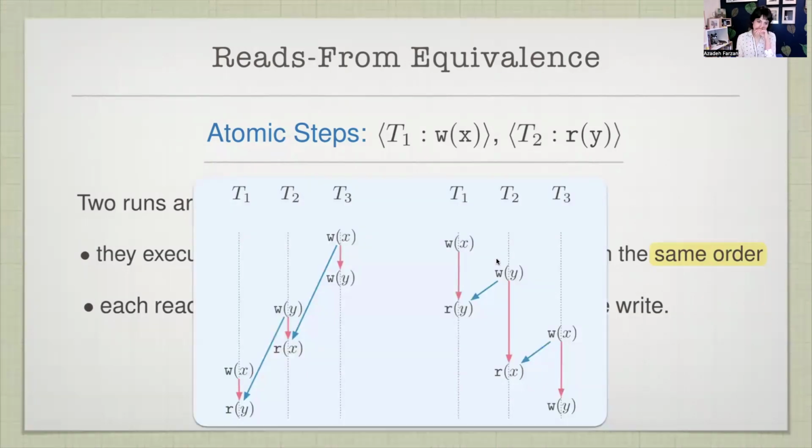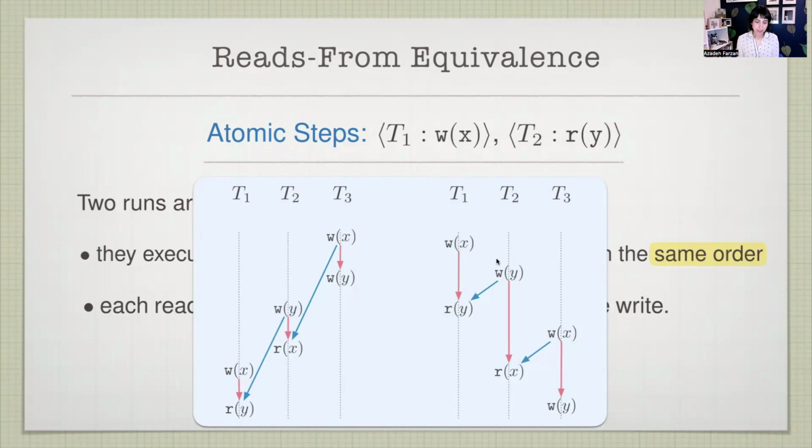So just to see an example for this to click visually, you see two behaviors on left and right. The details are really not important. You can think about the pink arrows as making sure that within each thread, the order is never broken. So the pink arrows have to be maintained. And the blue arrows are exactly the matching of the reads and the writes that they read from. And you can move things around, but as long as that blue arrow remains and the matching write for the read doesn't change, we would call these two runs equivalent.